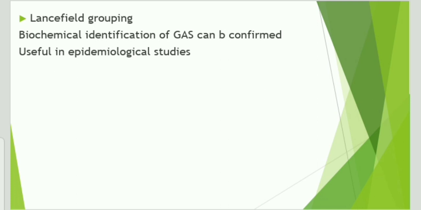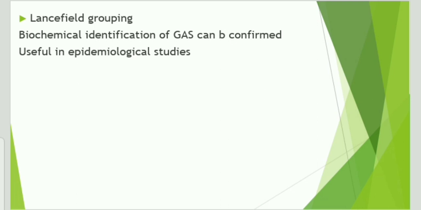Now let's go to the laboratory diagnosis of the non-suppurative complications. We know the non-suppurative complication is different from the suppurative complication. The non-suppurative complication is because of the molecular mimicry by the streptococcal antigen. These things we already discussed in our video about the clinical manifestations. For example, the M protein of the bacteria is similar to the myocardium, so the M protein can affect our heart because it mimics the myocardium.